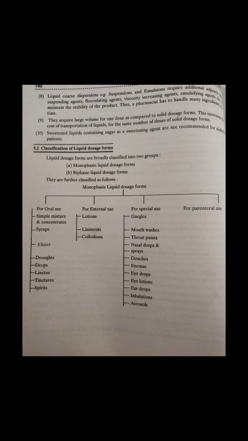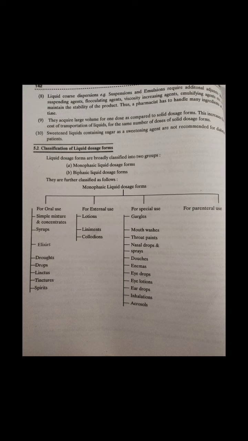So gargles are aqueous solutions which are used for the treatment of throat infections, for the infection of nasopharynx and pharynx. They are supplied in concentrated forms with directions for dilution with warm water before use. Also, gargles are used in the posterior region of the mouth cavity by agitating the solution with the expired air. They remain there for a few moments, after which they are thrown out of the mouth.